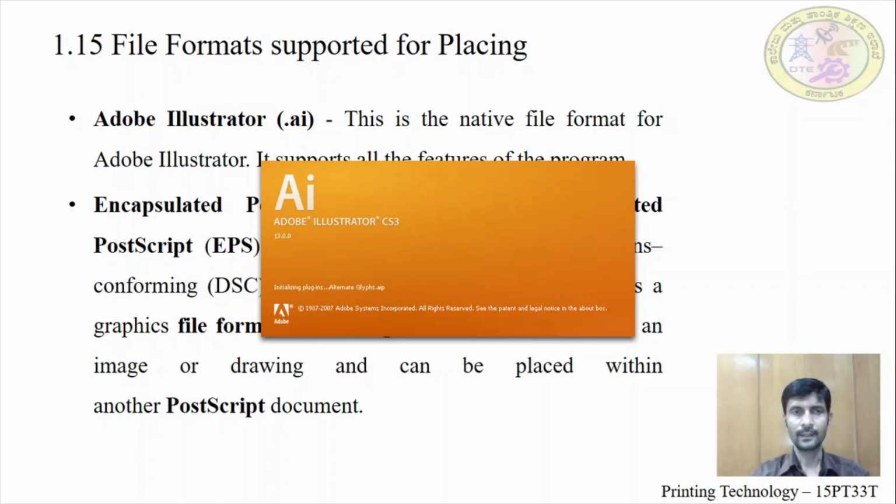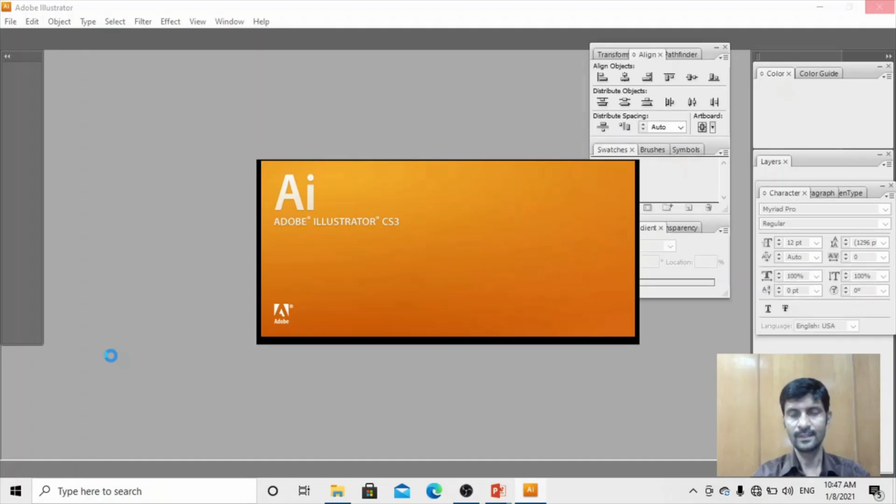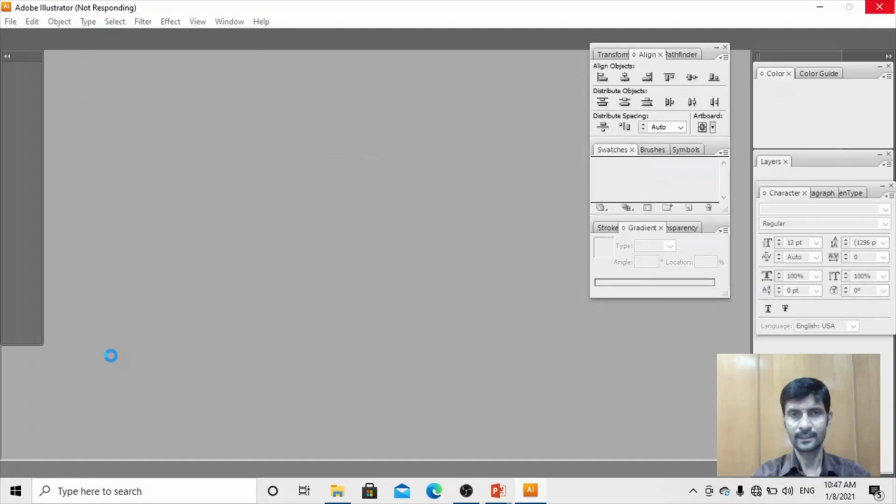Normally, we can import a file, either text or image or even a drawing, in two ways. One is directly placing it into the application using a placing command or importing command. Similarly, the second method is to drag and drop into the application.